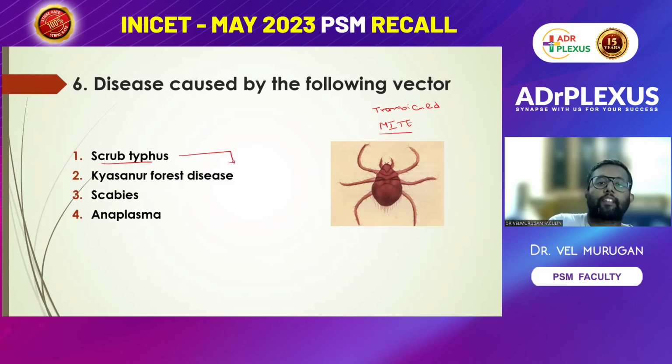How can you identify scrub typhus? You typically have a scar, mainly in areas like the axilla or around the flexural areas. You can see the scar, like a black color. After a bite you have a wound, then the wound dries up, and you have some black color. That is called the eschar. You can see it in scrub typhus.